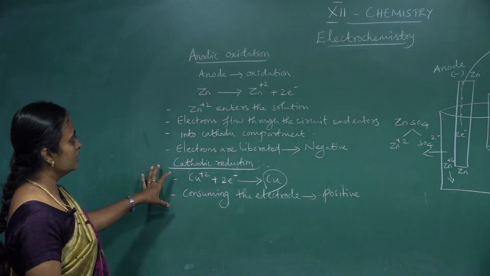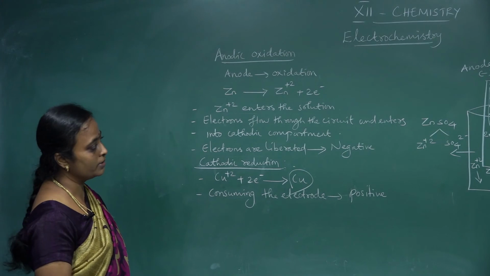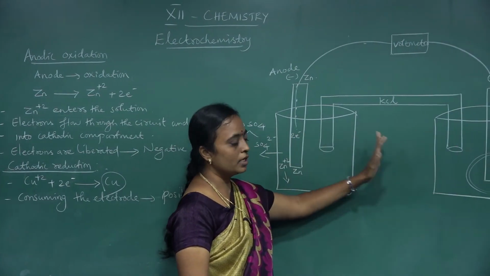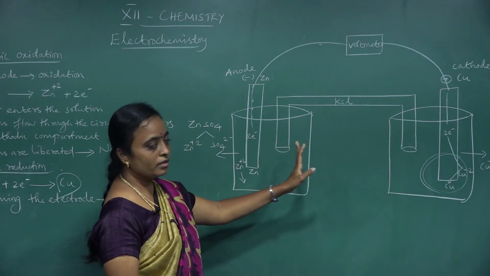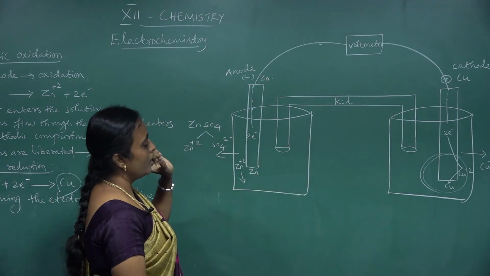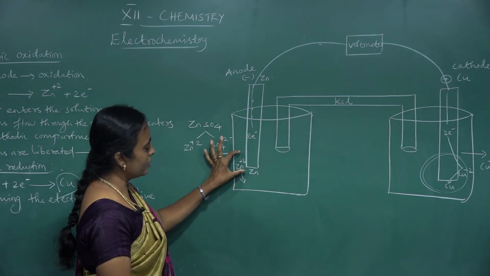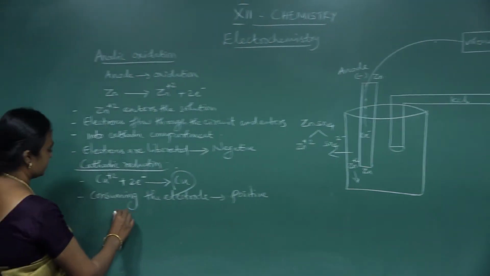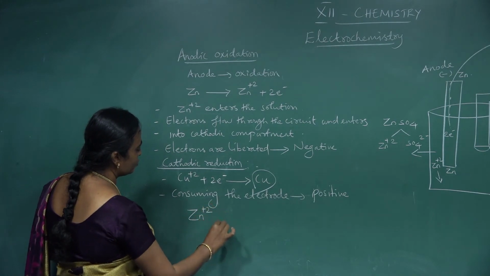Okay. So this is separate compartment. And next, what happened to the salt bridge? Whenever the electron flows from one compartment to the another compartment, there will be oxidation and reduction taking place simultaneously. Now what happened means, here at the anode, whenever the concentration of the Zn2+ ion increases, the anodic compartment concentration of the Zn2+ ion